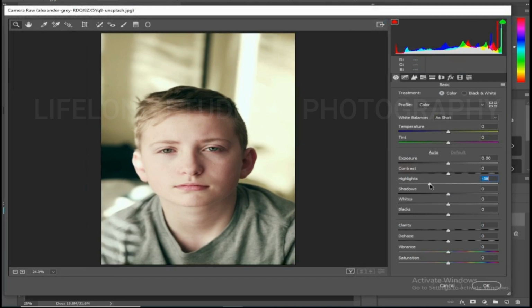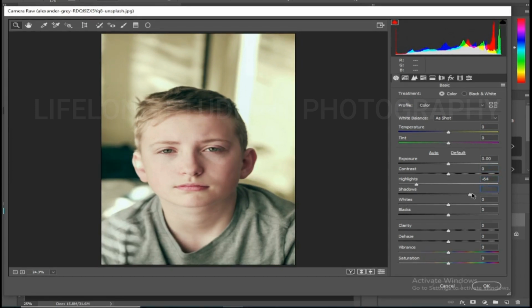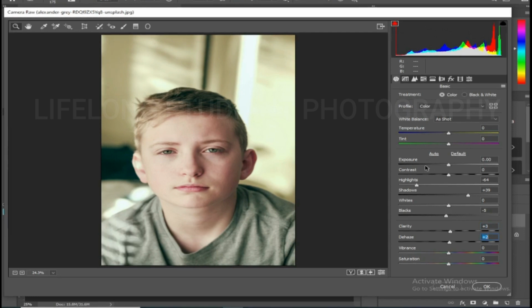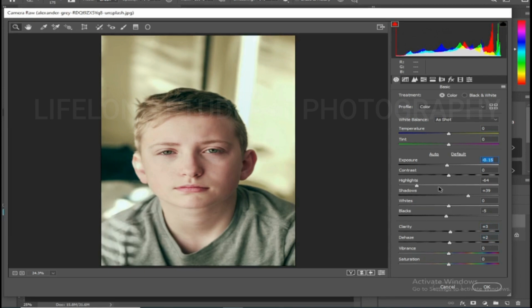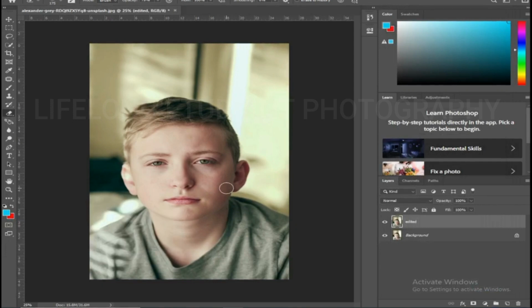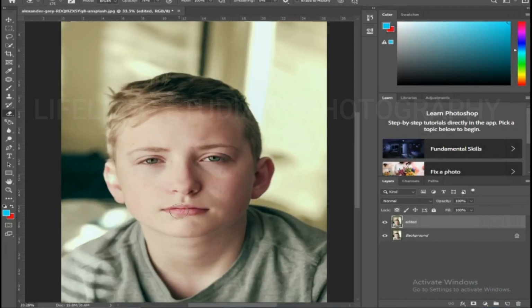Just make several adjustments. Start with the highlights. Alright, so here I'm just playing with the highlights. I'm not playing with the shadows. So let's just adjust them. You don't have to really dehaze, but dehazing brings about some change of color a bit, but it's okay. Now click OK. You can see already some difference in the photo,